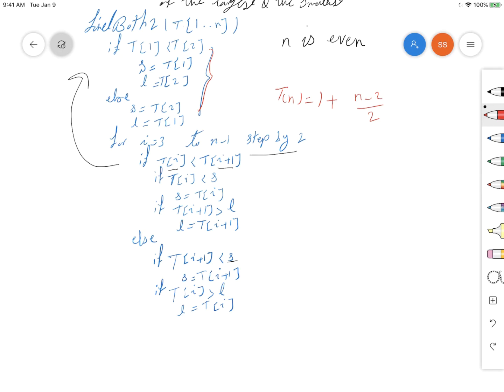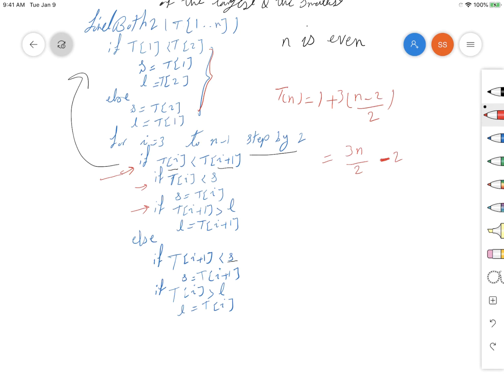But inside the for loop, we have one comparison here every time that we are doing the loop. And also we have two comparisons inside the if statement. So for every loop that we are going, we have first one if condition here, and also no matter which one is true, then we are doing another 2 comparisons. So together it's going to be 3 comparisons. So we're multiplying this number 3 by (n minus 2) divided by 2. And if we simplify this equation, it is going to be 3n divided by 2 minus 2